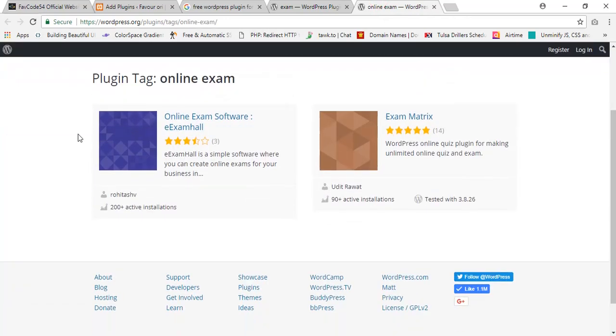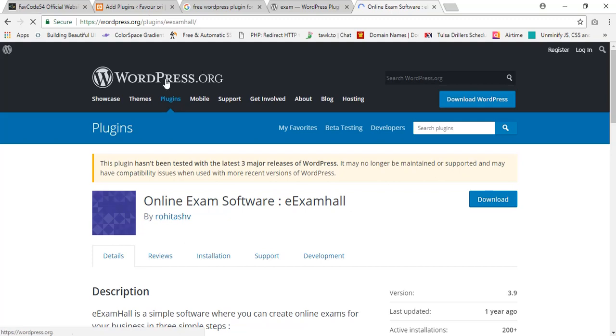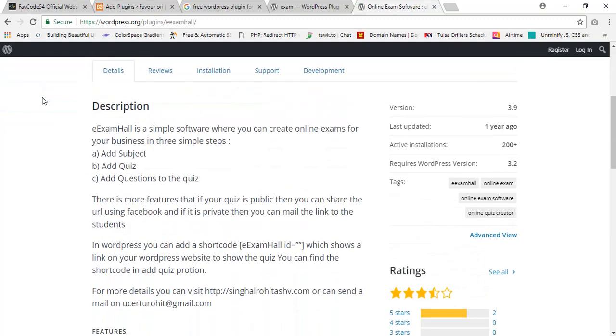Yeah. So there is online exam. This one says online exam. It's a simple software where you can create online exam. Let's check this out. And notice this is in WordPress.org/plugins. You can see themes, you have plugins, mobile, etc. This is WordPress.org. Now, it's a simple software where you can create online exam, add the subject, add the quiz,